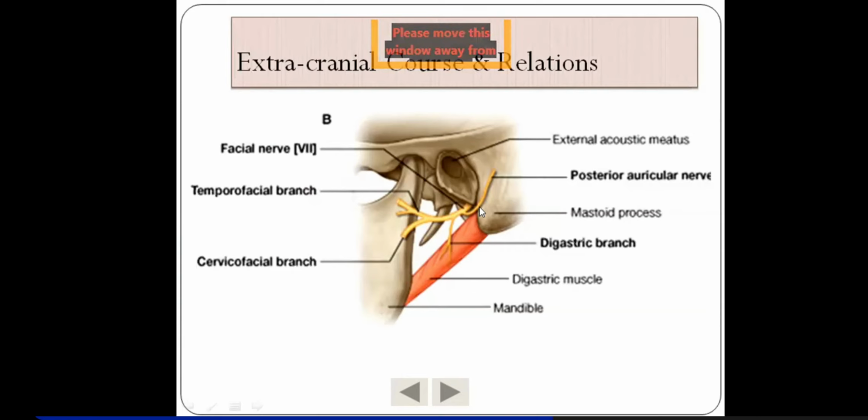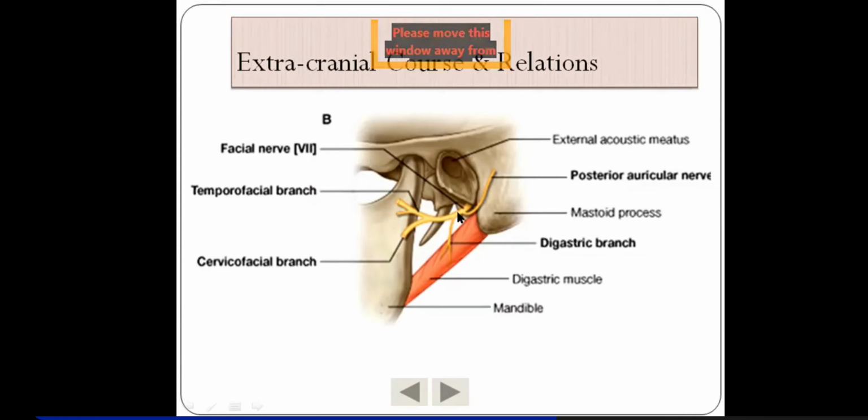So, this is mastoid. This foramen, stylomastoid, is between the styloid process and the mastoid process, through which the facial nerve emerges out. Now, in its extracranial course, as I told you, this will pass laterally to the styloid process. Okay, this diagram you're seeing is from the outside, because you're also seeing the external acoustic meatus. That means it's the outside view. So it is winding laterally to the styloid process.